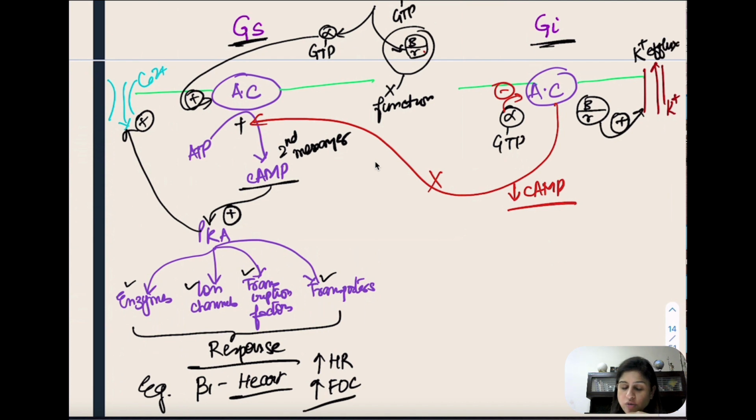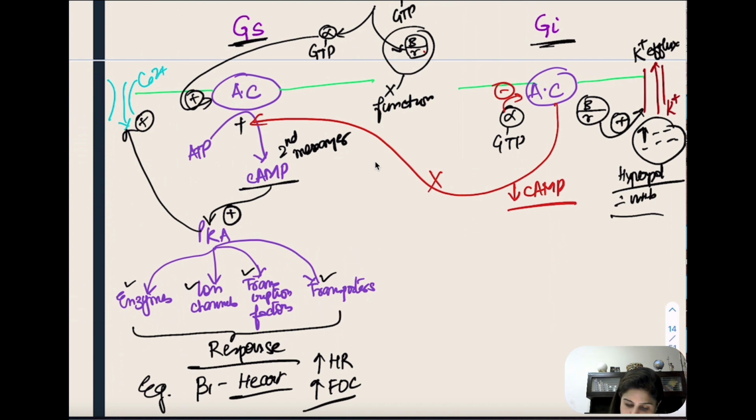So when they cause the potassium efflux, that means inside there is an increase in the negative charge, because positive charge is going out. So there is an increase in the negative charge, which leads to hyperpolarization, and therefore there is inhibition of the cell. That's why they are inhibitory. So they are causing adenylyl cyclase inhibition, decrease in cyclic AMP, and they are also causing the hyperpolarization of the